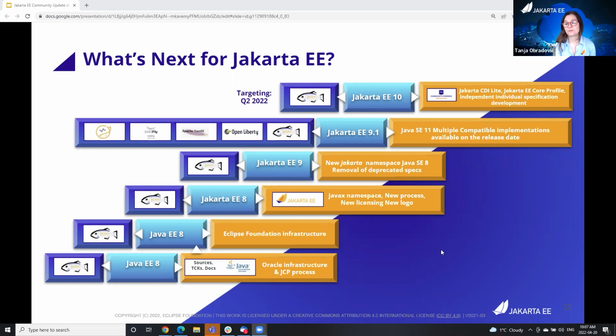And with 9, we really entered the Jakarta namespace with Java SE 8. 9.1 was dedicated to Java SE 11, and it was very significant because we had multiple compatible implementations at the release time, which is one of the differences from the previous development of Java Enterprise.